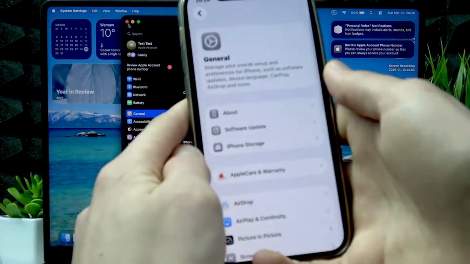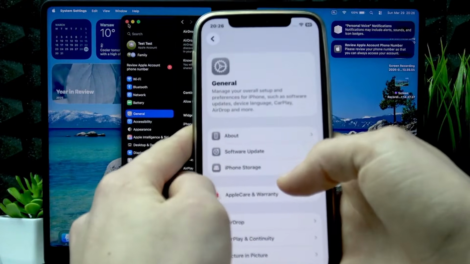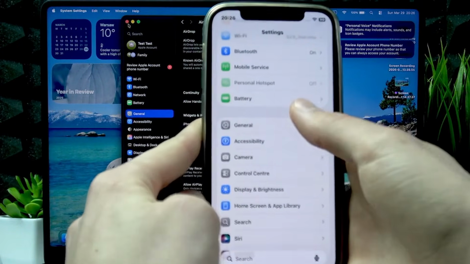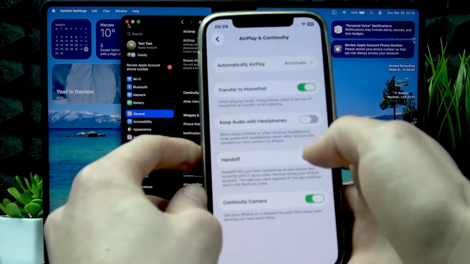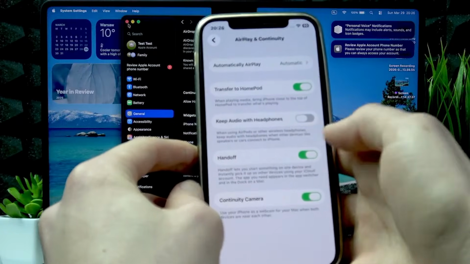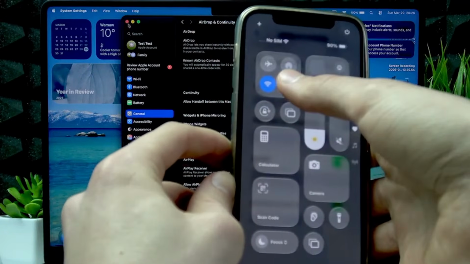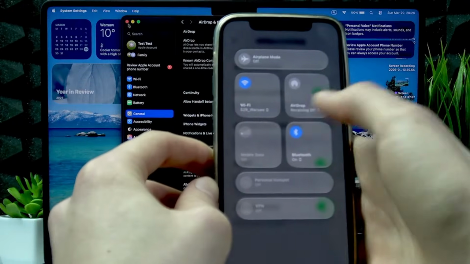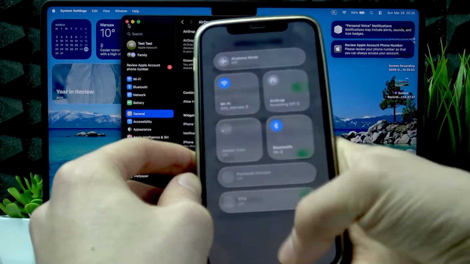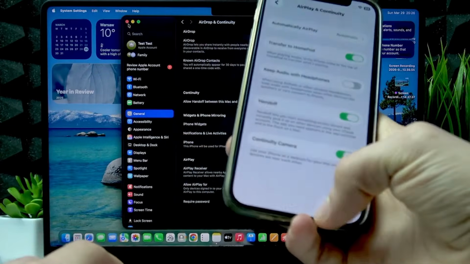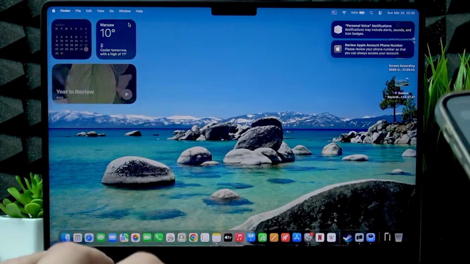And then we're gonna have to do the same thing on our iPhone. So on our iPhone, let's go to Settings, then select General, and then select AirPlay and Continuity, and here also enable the Handoff feature by switching the toggle to the right. And then what we're gonna have to do is make sure that the Bluetooth is enabled and that the iPhone is connected to the same Wi-Fi network. And now we're gonna be able to use